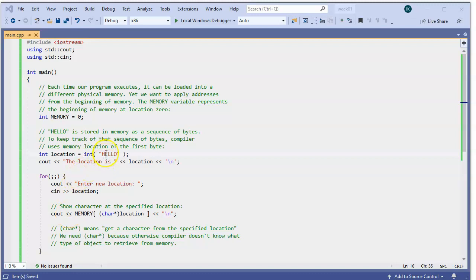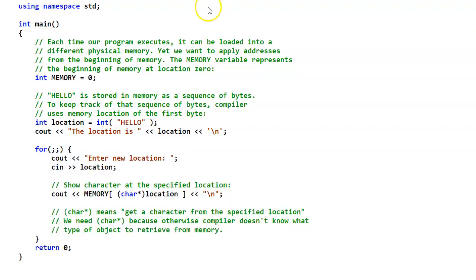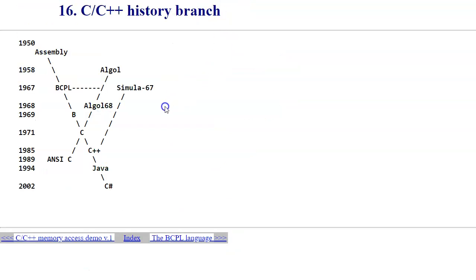It is interesting to note that all the syntax that we have in this code, and specifically this part that we're using to access characters in memory, is dating back to 1971, where the C programming language was officially available for programmers, and its history is based on the B programming language and BCPL, and BCPL has its roots